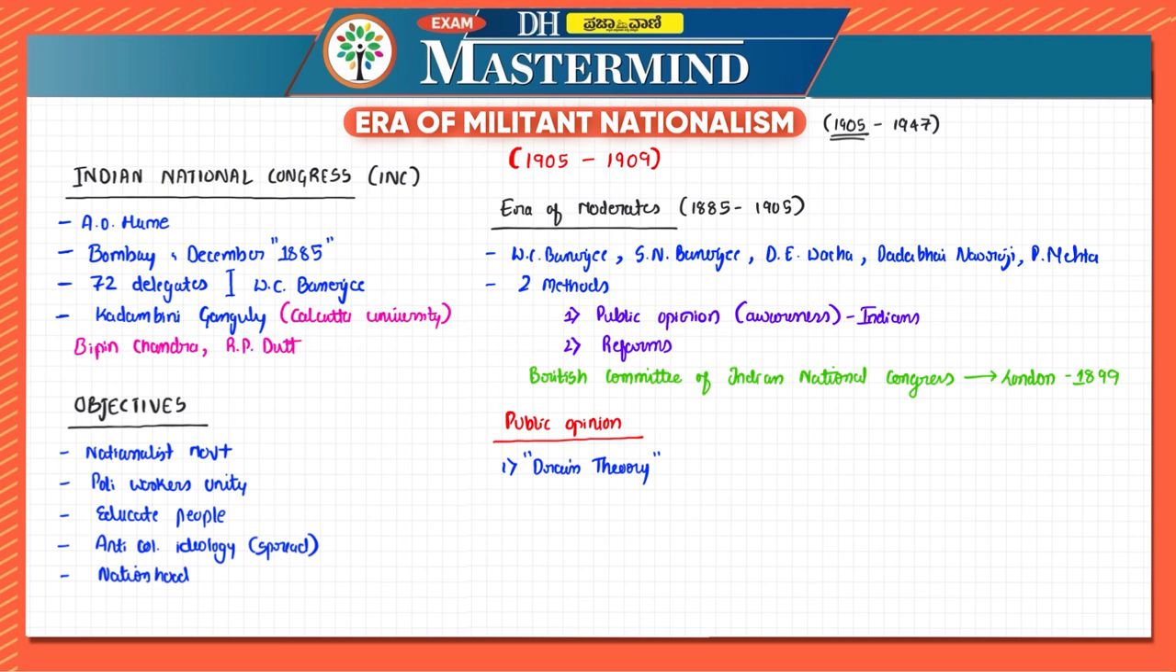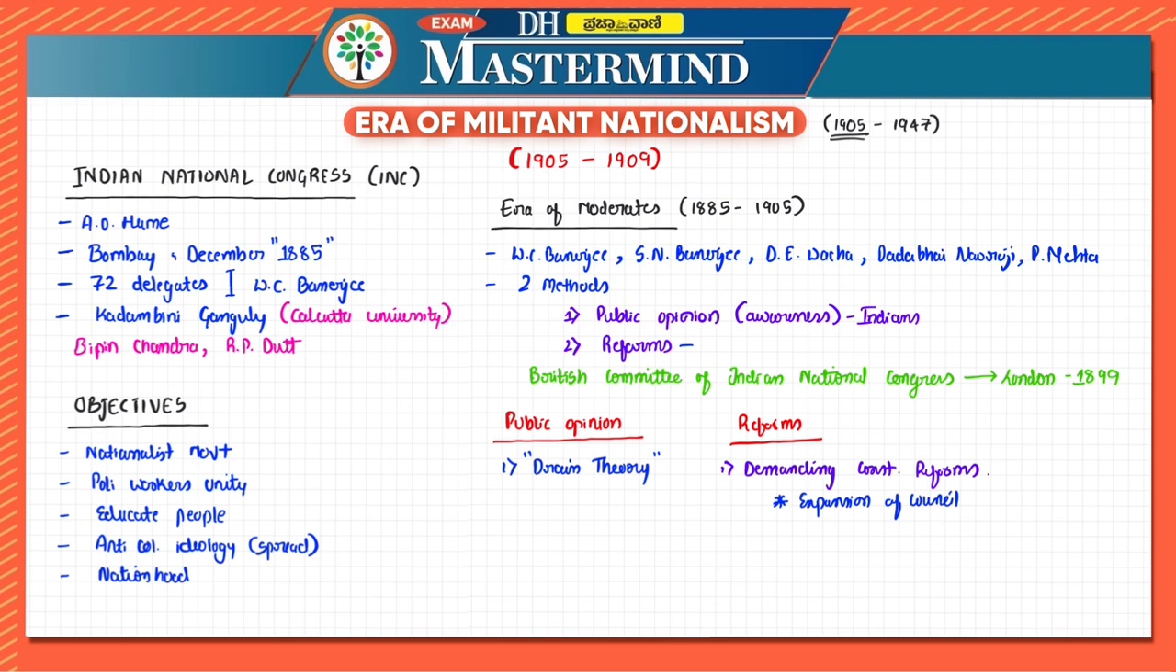And in case of reforms, they were fighting for the reforms with the British only. That is, they were demanding constitutional reforms. Now, what exactly were these demands? First one was expansion of the council. At this point in time, after 1858, when the Viceroy came into place as Governor General of India,